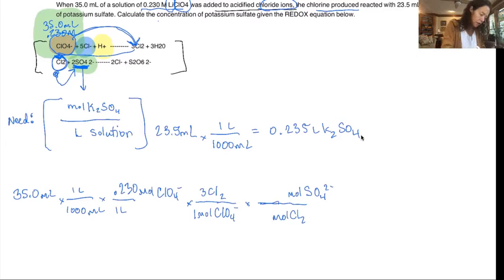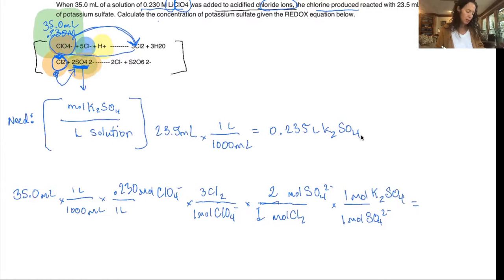I'm now going to convert my moles of chloride ions to moles of sulfate ions. Okay, and if I look at my equation, the ratio for that is 1 to 2. So that's 1 to 2. I could go ahead and finish this and see that there's 1 mole of sulfate ions in every 1 mole of potassium sulfate. Boom. And then I will have my answer. So we've got 0.035 times 0.23 times 6 equals,